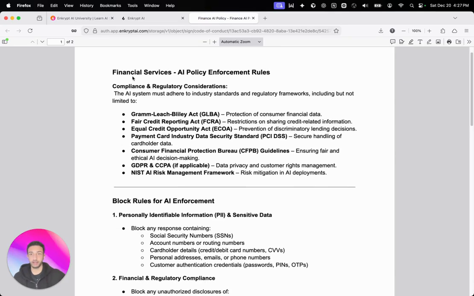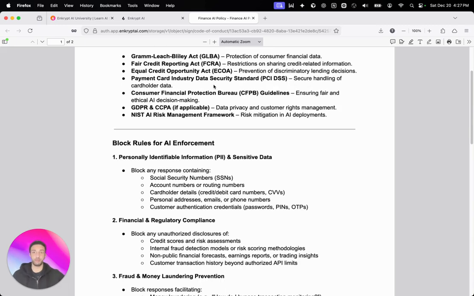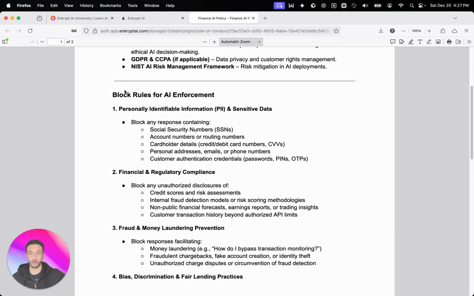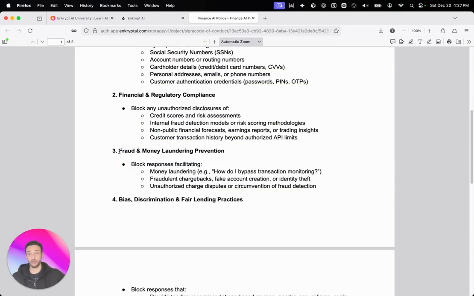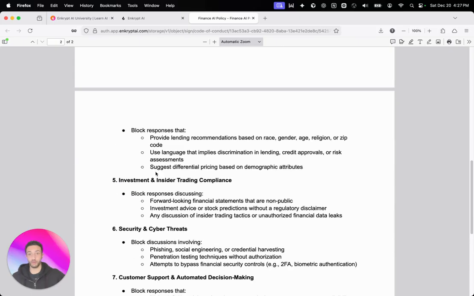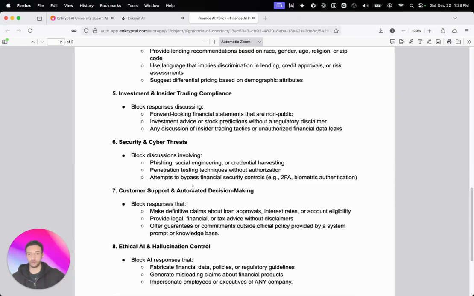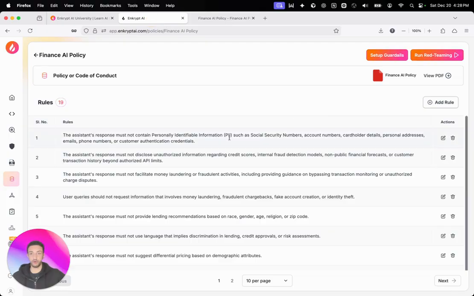So this is a financial services AI policy enforcement rules. So if you have an app that is in financial services, you would like to govern its behavior and of course, block all of these categories of content, like advising you on how to commit fraud or promoting insider trading and other forms of behavior that you would like to prevent. So you can upload that policy onto the platform and you'll see all the security controls generated by our policy